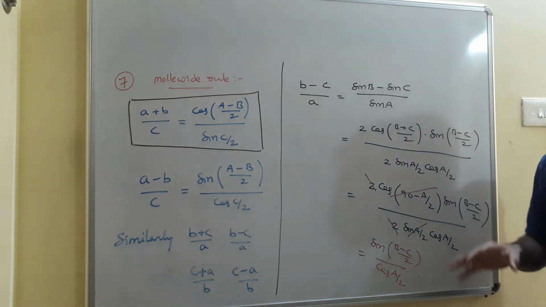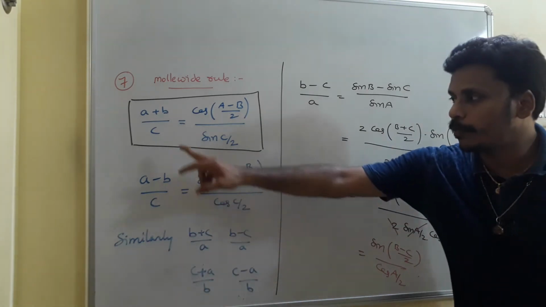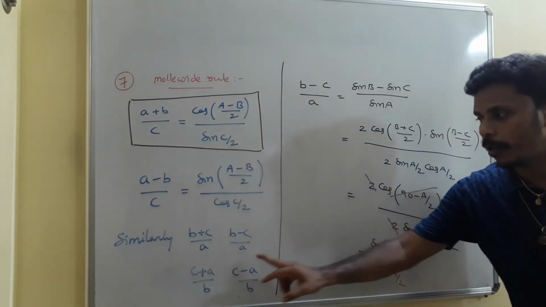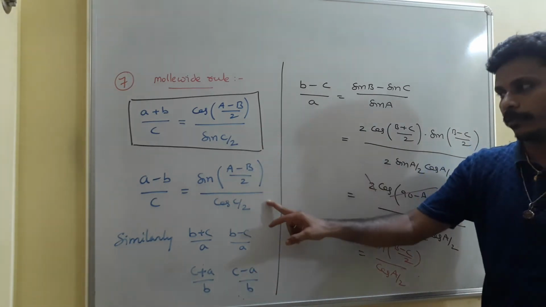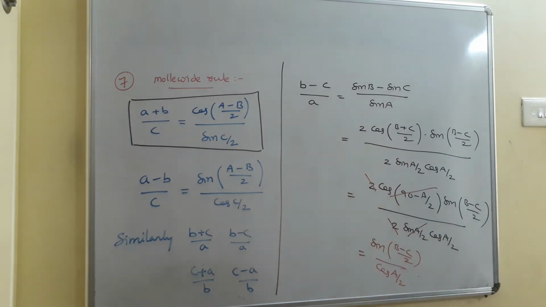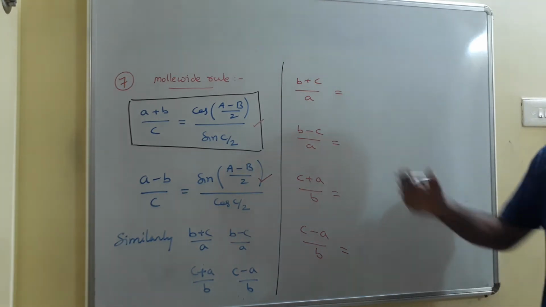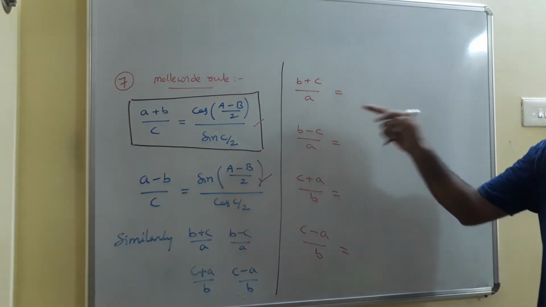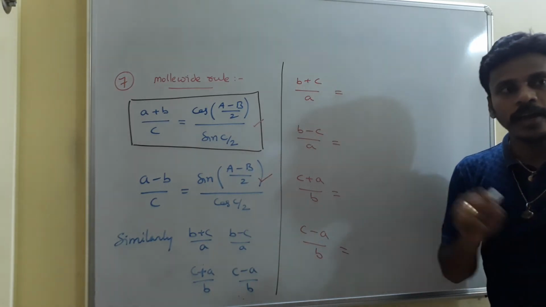So we have a chance to write all these six, (a + b)/c, (a − b)/c, (b + c)/a, (b − c)/a, (c + a)/b, (c − a)/b in these formats. Okay, just have a look. Yeah, just observe (a + b)/c. For plus, the numerator is cos and the denominator is sin. Okay, so this is (b + c)/a. Numerator is cos, denominator is sin, and in the numerator the angle should be b and c, and in the denominator the angle is a.